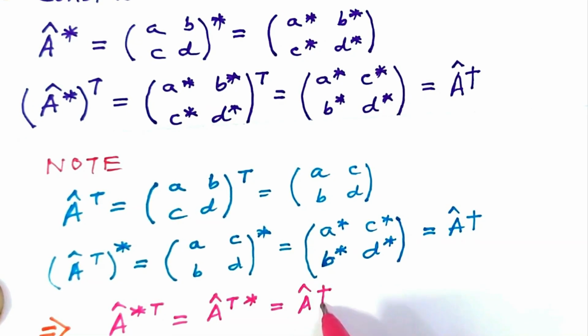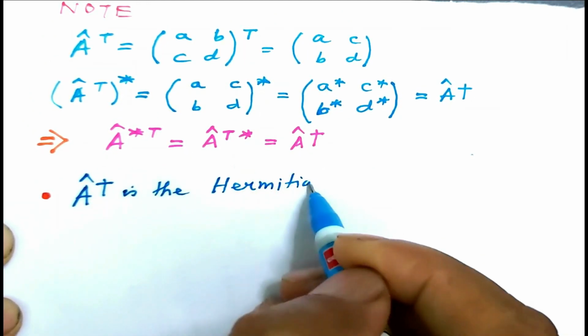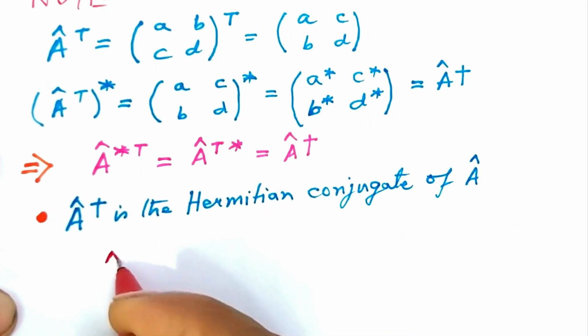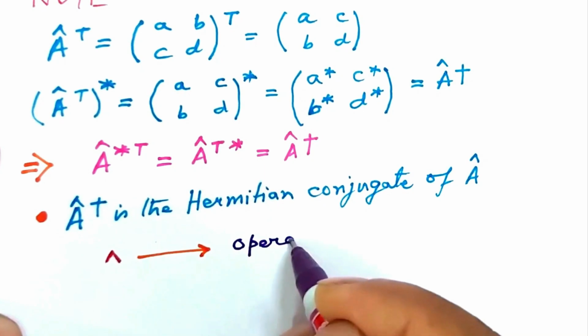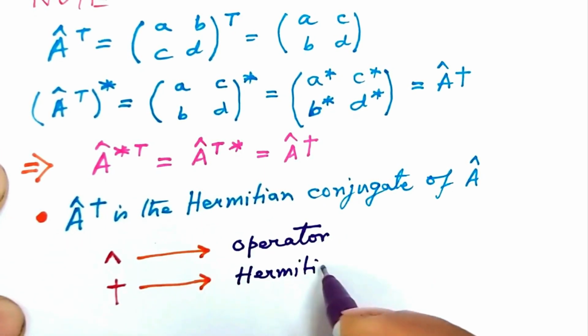Doesn't matter which of transpose or complex conjugate you take first, the same end result is obtained. So, A hat dagger is the Hermitian conjugate of A hat. Let me repeat once again that here hat stands for operator denoted by a matrix and dagger symbol stands for